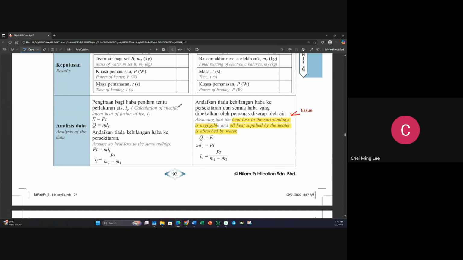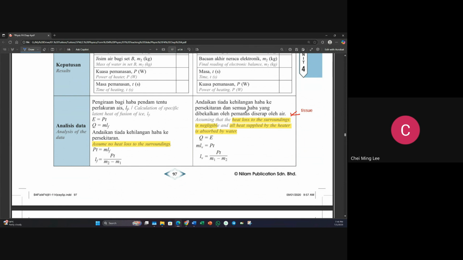So the specific latent heat of fusion is by using E equals to Pt, Q equals to ml for fusion. There is an assumption. First, the assumption is that no heat is lost to the surroundings. They might ask, what's the assumption made? No heat loss to the surroundings. So Pt equals to ml, rearranged: l equals to Pt over (m2 minus m1). Now, for this one,